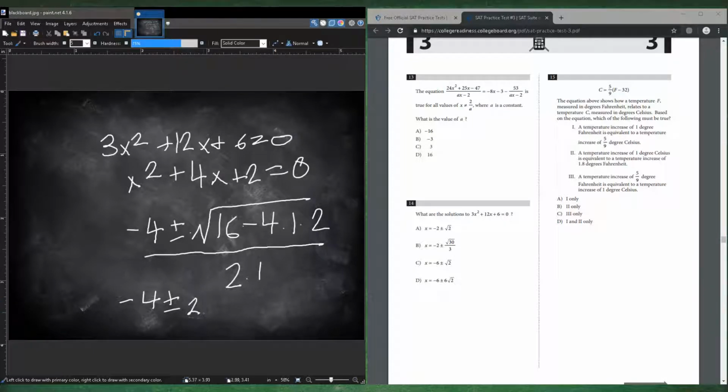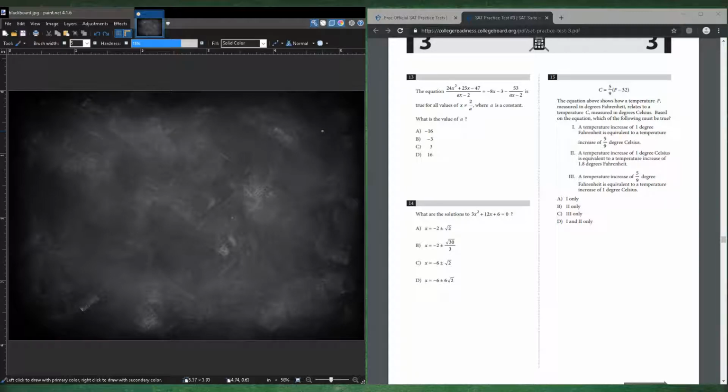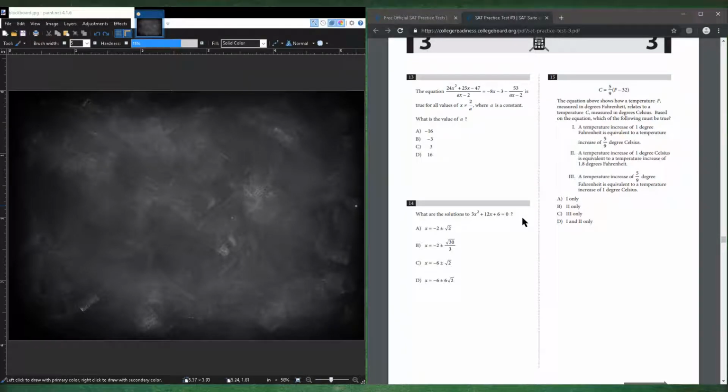Square root 8 is the same thing as 2 square root 2 divided by 2. So the answers are negative 2 plus and minus square root 2. So the answer is A. Pretty simple quadratic question if you just know your quadratic formula. There is another way called completing the square, but it takes too long and you probably don't want to use that way. So you should just know your quadratic formula and you should be able to solve this question pretty